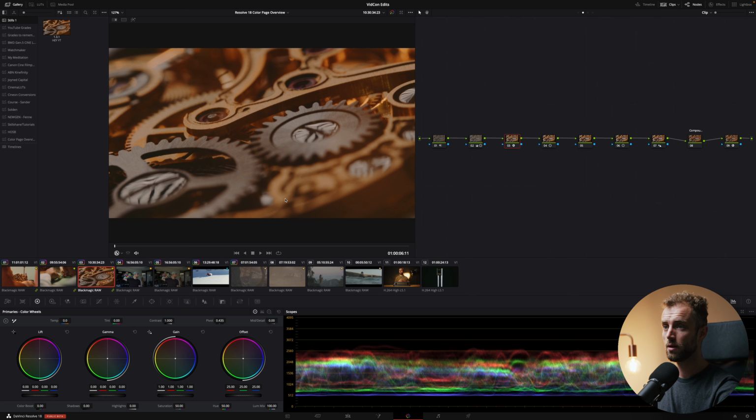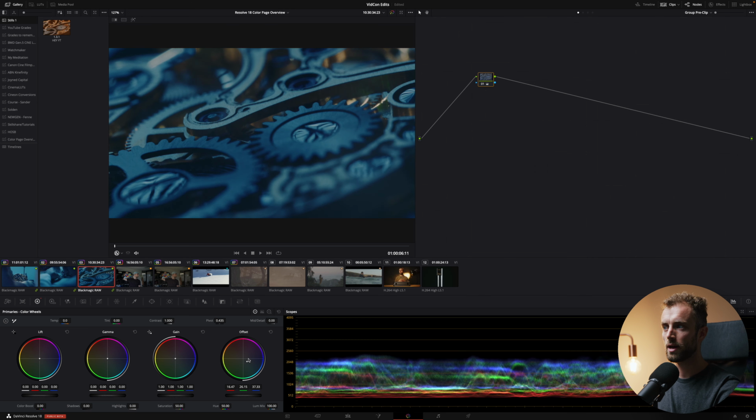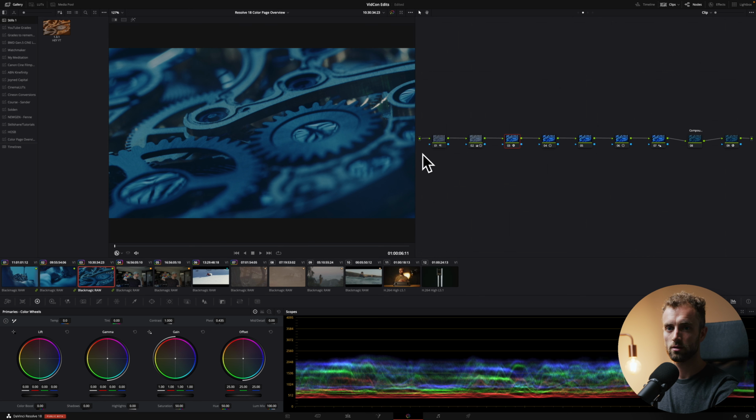So if I click on it, I go to these dots, suddenly there are 4. The first one is your pre-clip, your clip, your post-clip, and then your timeline. All right, so what it does is the group pre-clip will actually, for example, if I put blue here, it will actually put blue on all the clips that are in the group before our node tree. All right, so you should have seen it like that. This node has been put right here, right? So in front of our node tree.